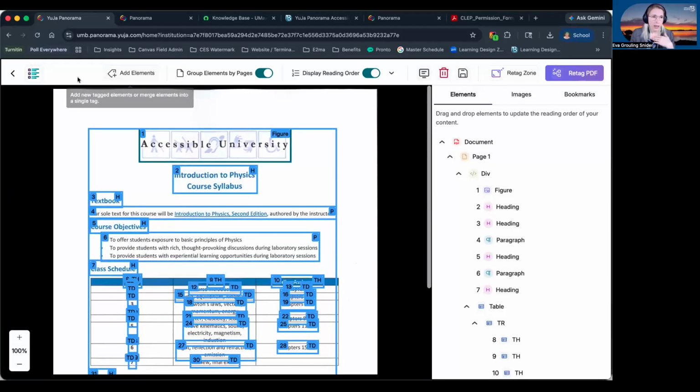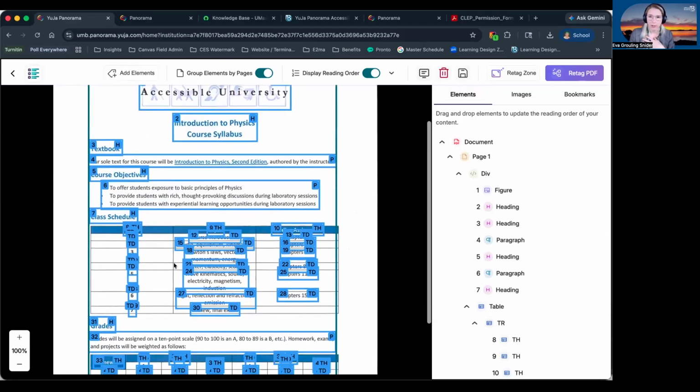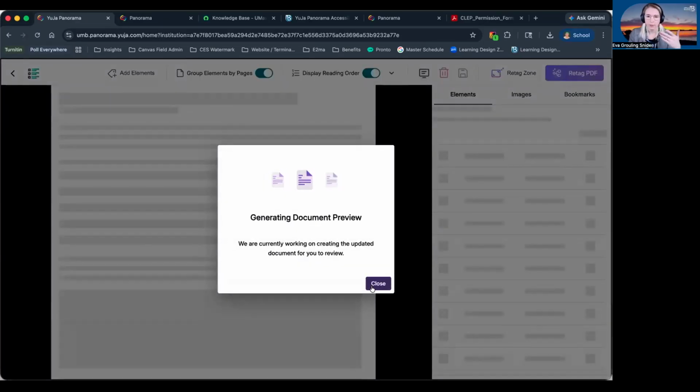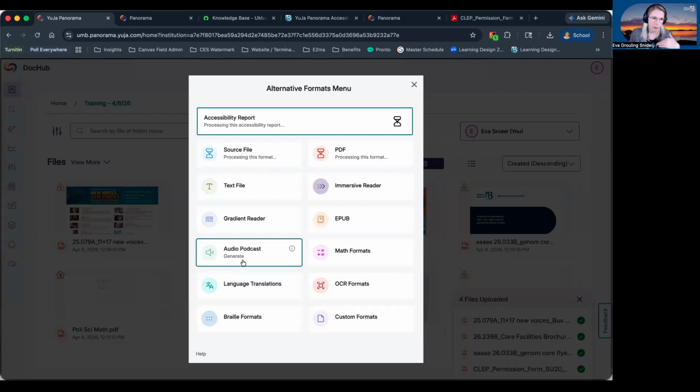Unlike elsewhere in User Panorama, you'll need to just click the Save button in order to apply the structural remediation changes that you've made to your document. This is essentially a separate tool from the rest of User Panorama, so it operates in its own little environment, and you'll need to click the Save Changes, and when you do, it's going to reprocess that document and start it all over again.